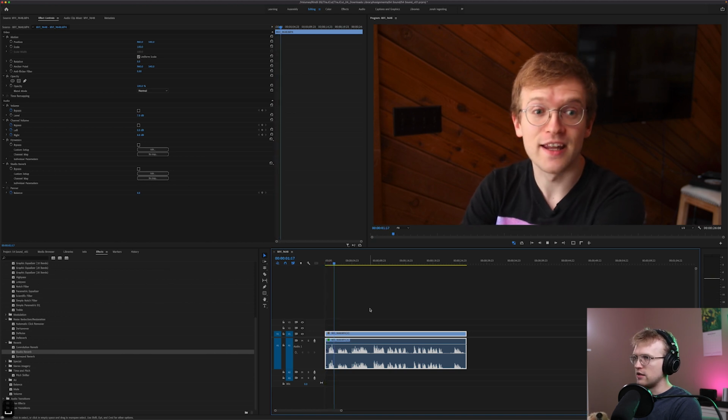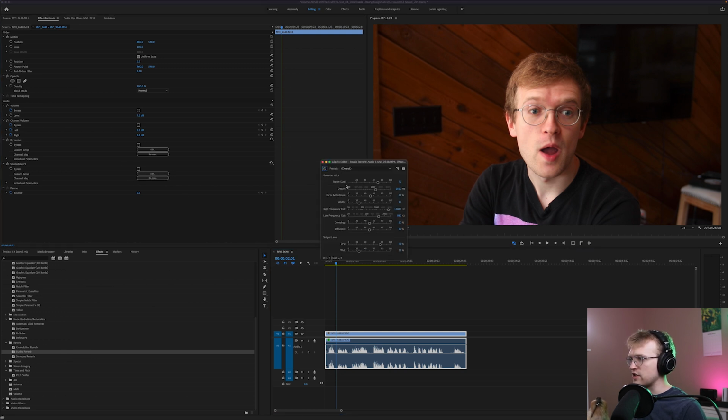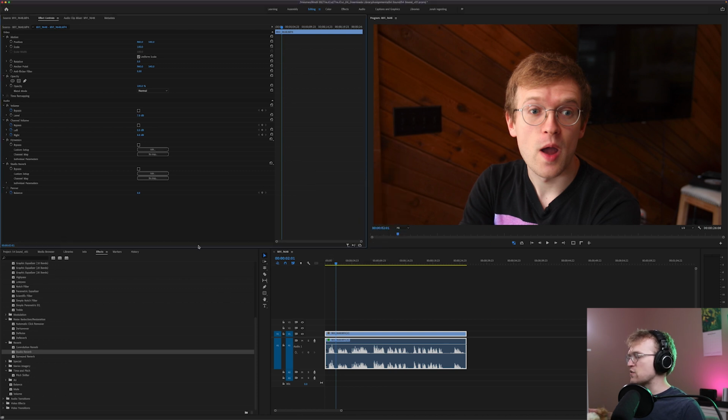And you can go into this and play around with it. There's a ton of options: room size, decay, width, high frequency cut, low frequency cut, dampening. They all do different things. And this is one of those cases where you just kind of have to keep playing around with it until you get the sound that you like. But that's a thing that you can do.